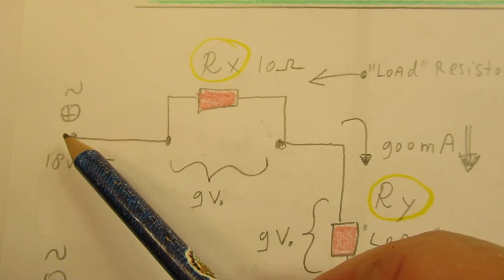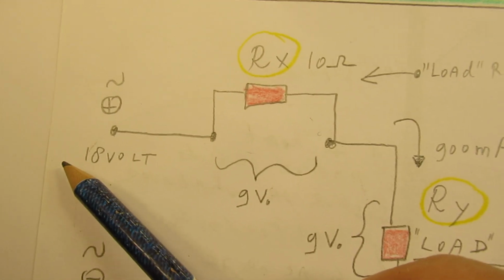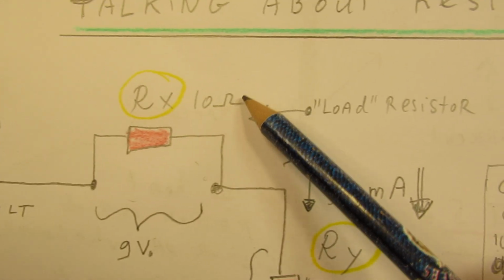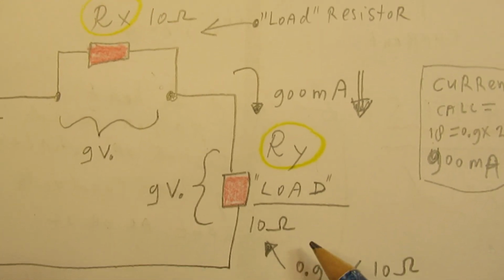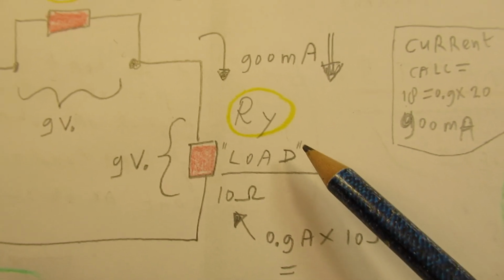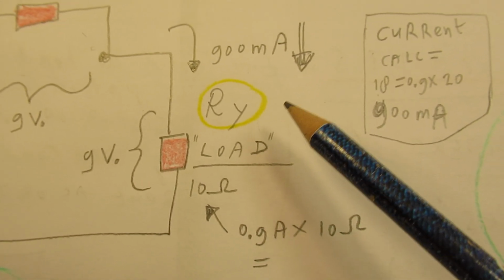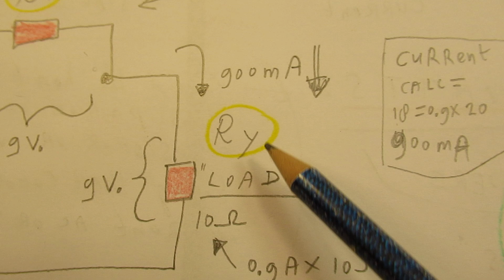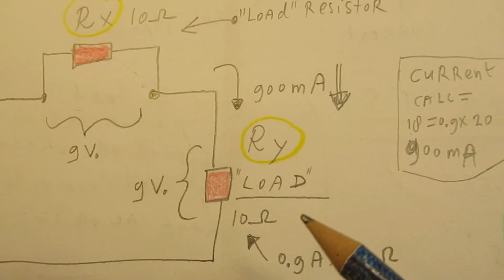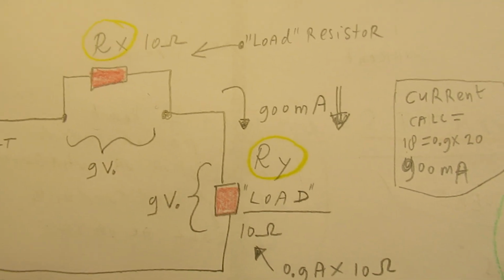And here we have two resistors of 10 ohms, and in this video the load is also named 10 ohms. Is that real? Well, it depends. This is only a demo